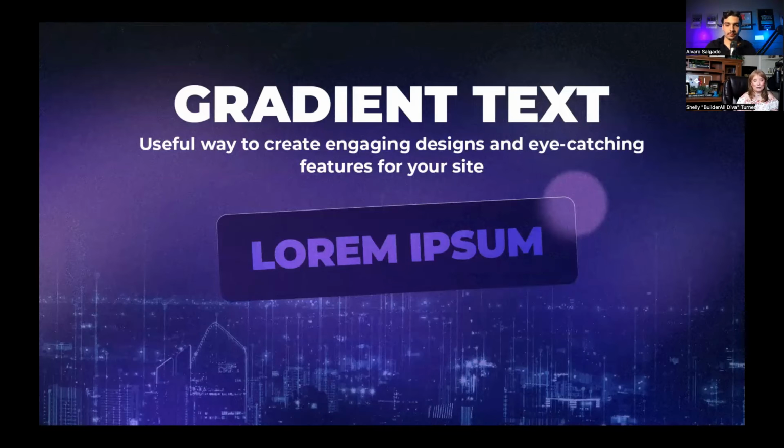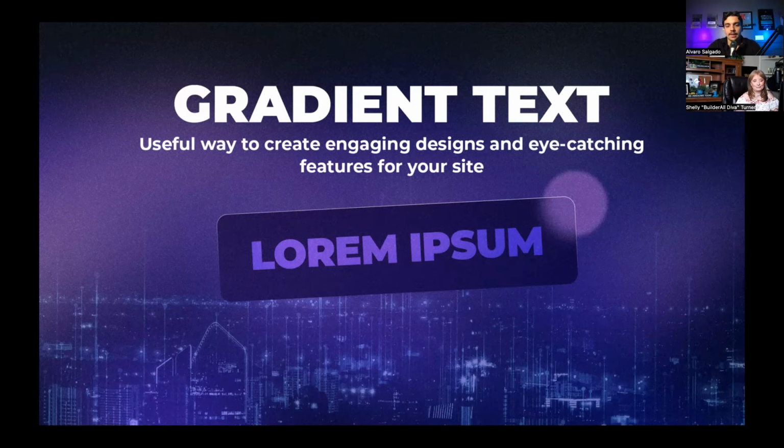This is another really cool one, gradient text. I love this one because, if you're a creative person, it gives you a way to really stretch that creativity and build something beautiful that you just wouldn't be able to find in other websites and other builders. This gives you the ability to take text and actually create a gradient. So instead of one solid color, you can pick a combination of colors, and it creates a gradient across the text. It is absolutely beautiful, and it allows you to do something different with your website that will be attractive to your visitors and make you stand out from the crowd.